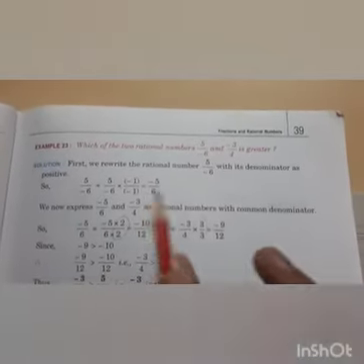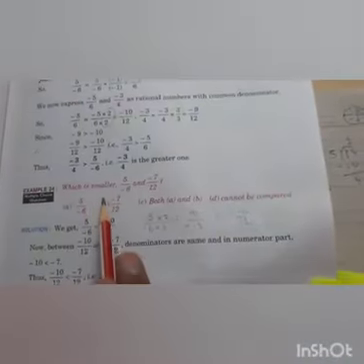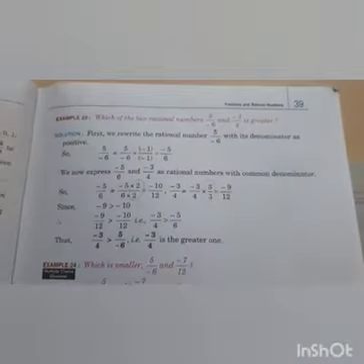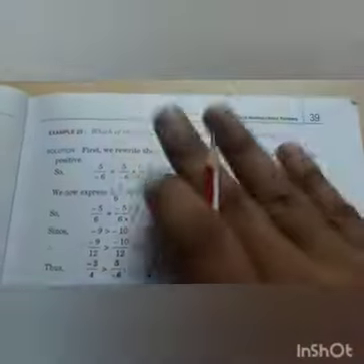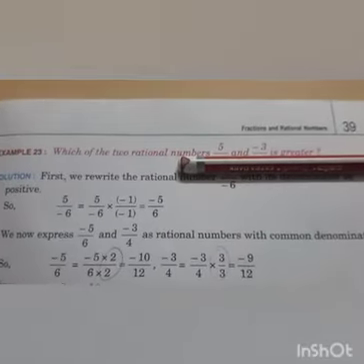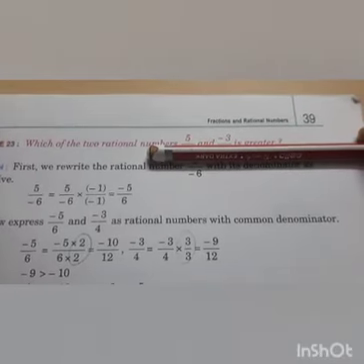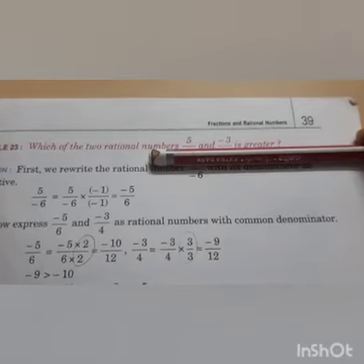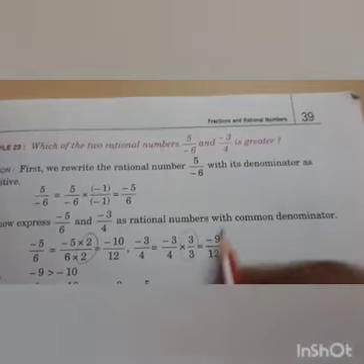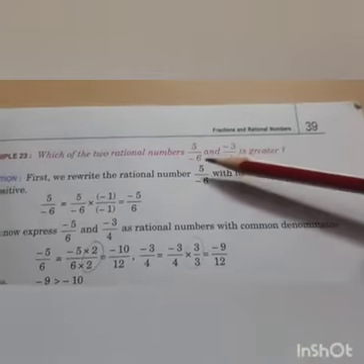So how you need to do? We will understand this by an example. Here it is given which of the two rational numbers is greater, here it is given which of the two rational numbers is smaller. Now see class, whenever you need to compare rational numbers, forget this question. If it would have been simply written here which of the two numbers is greater, 5 and -3, you can easily tell which number is greater or smaller. But here simple numbers are not given. Here rational numbers, or say fractional numbers, are given. So how can we compare them?